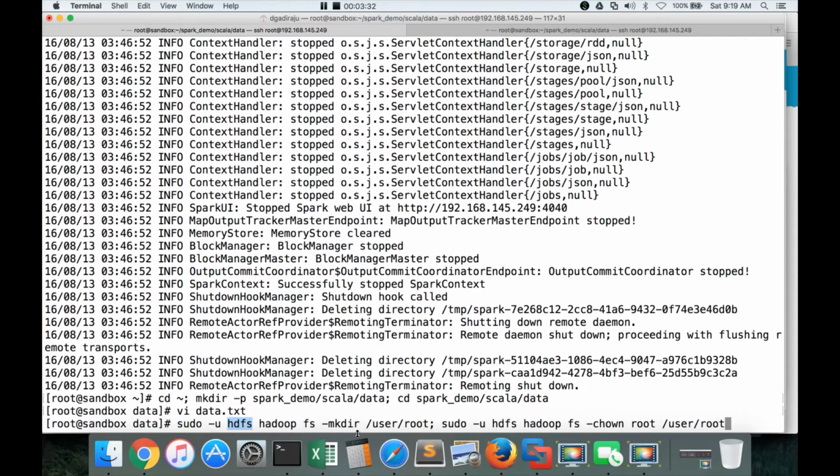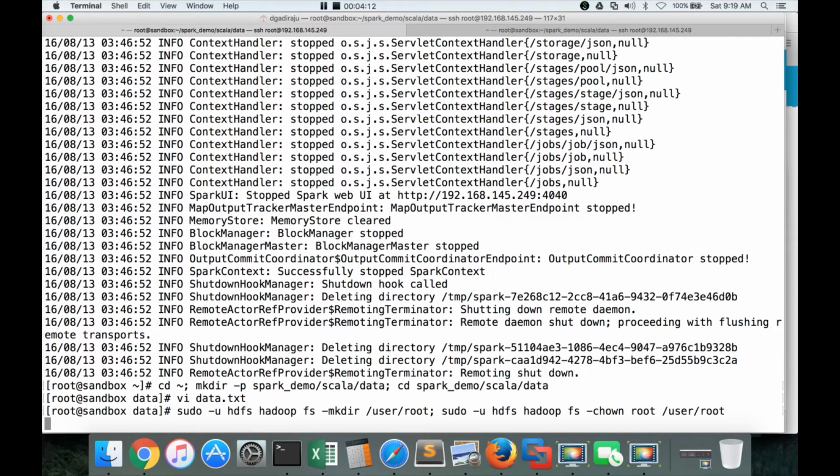That being said, hadoop fs -mkdir is the HDFS command to create a directory in HDFS. So this command will create a directory under /user, and I have given the subdirectory name under /user as the OS user name. So if you have logged in with a different user, you have to give that username here and also here and also here. chown is the command which will change the ownership on that directory to root. Otherwise, the owner will be hdfs.